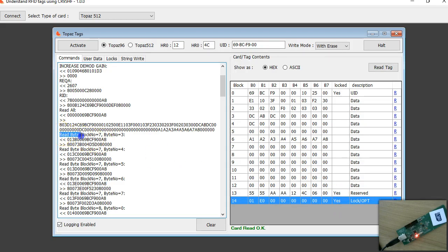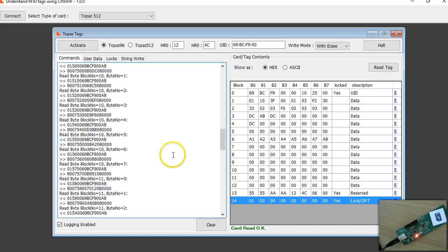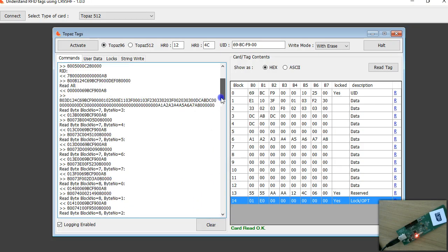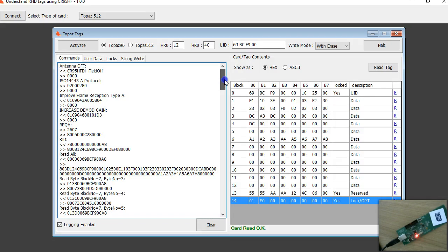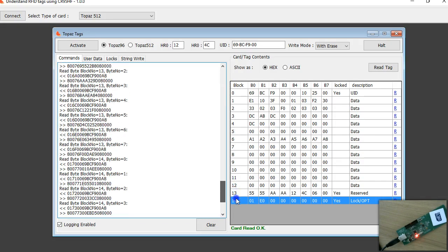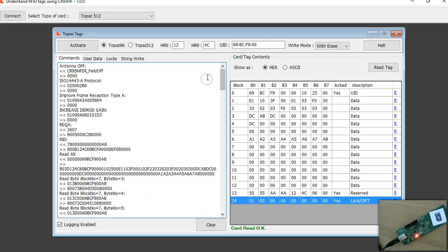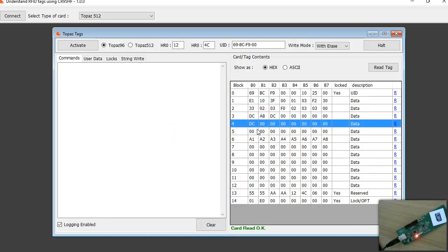I'm sending so many read byte commands, until you reach the last block 14 and byte number 7. So there's nothing extra going on here, because we have already seen the read byte command working with the ACR122 or 1252, etc. And so just after that, I'm going to clear this and show you a few reads and writes